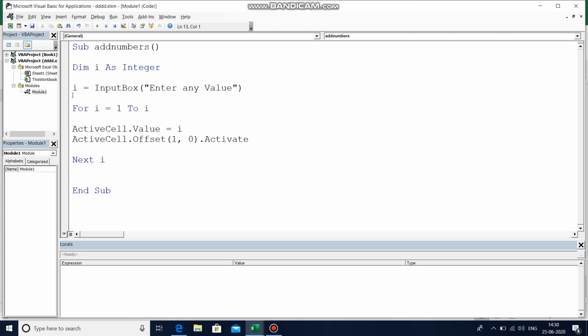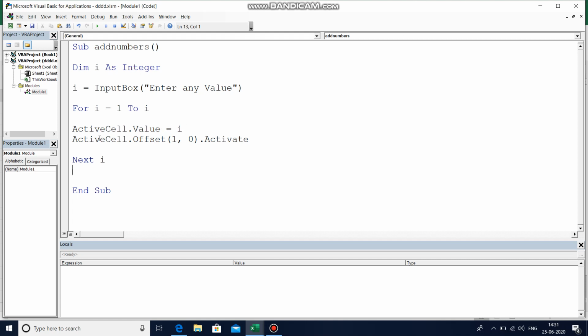So here what happens, let us say for example I have given input as 5, then I will be 5. I starts with 1, stops at 5. When it starts with 1, it selects one active cell and places the I value in it, that is I equals 1 is saved in one of the active cell.